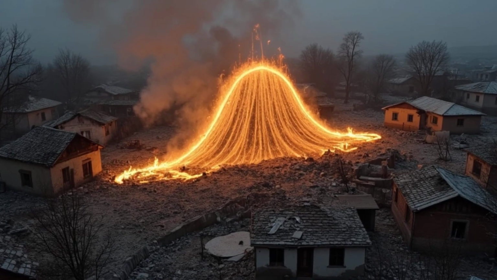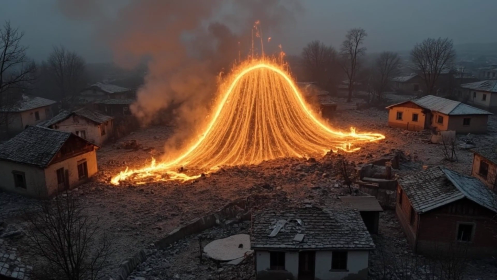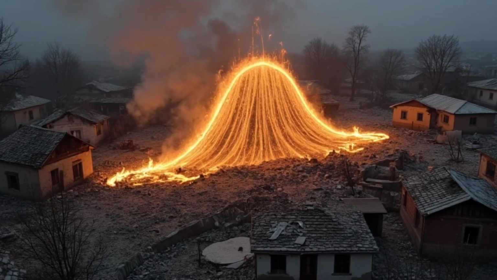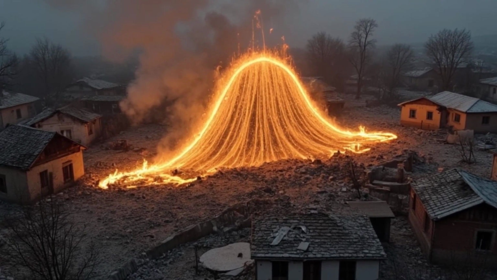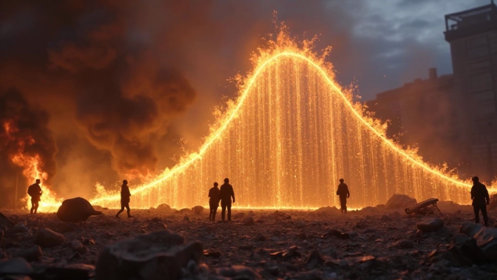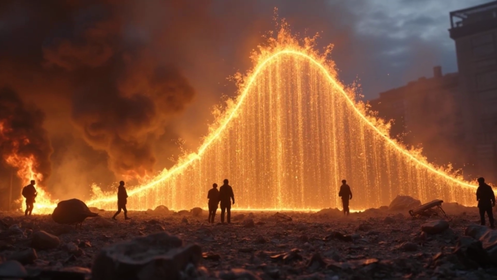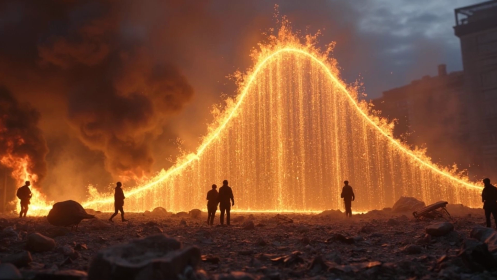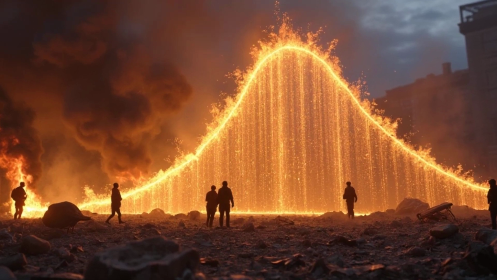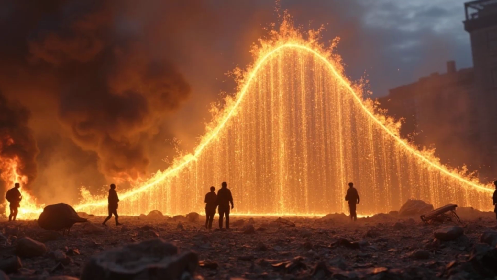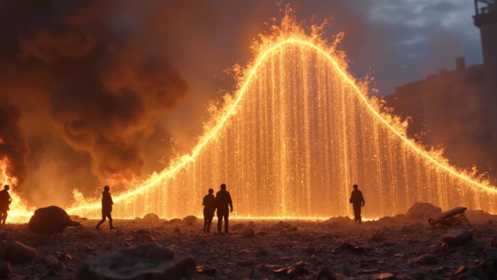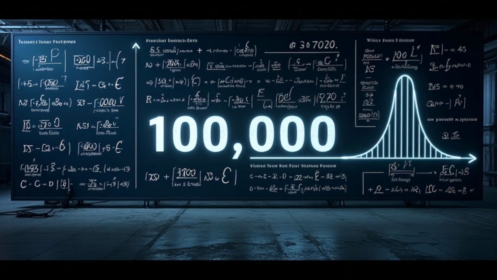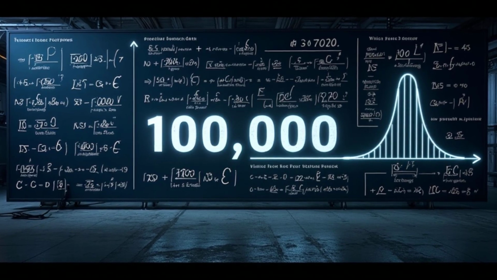Drop a bomb on a residential neighborhood, and the casualties would spread out in a pattern that mapped almost perfectly onto their beloved bell curve. Most deaths occurred at the center of the blast. Fewer deaths happened at moderate distances. The unlucky few at the outer edges might survive with injuries or escape entirely. It was like measuring rainfall, except instead of water, they were measuring human obliteration. The mathematicians had cracked the code of mass killing.